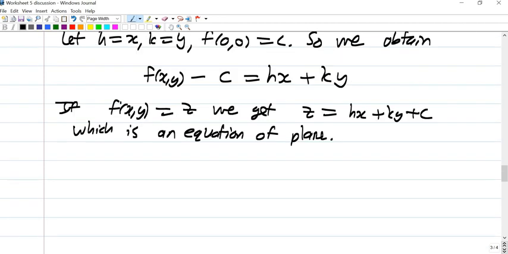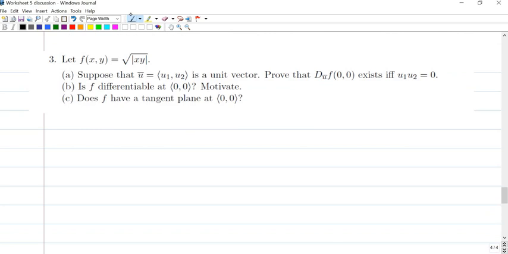All right, now for the very last question is the following. Again, we have a function of two variables, the square root of the absolute value of x times y. Now, first up is to show that the directional derivatives exist if and only if u1 times u2 is equal to naught. So this is an if and only if. So we've got to be very careful how we approach this. All right. Now, if the directional derivative exists,